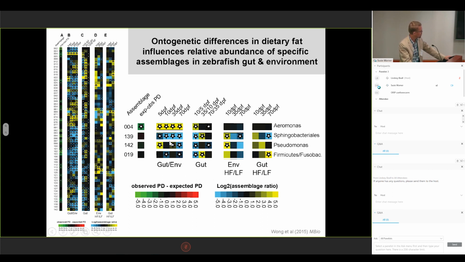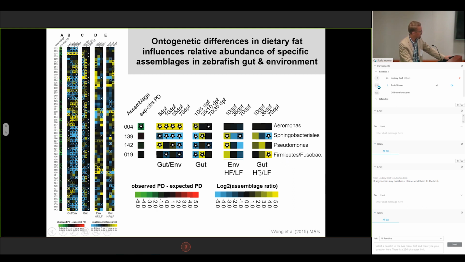In contrast, the one below it, which was dominated by members of the Cingobacteriales, was enriched in the water throughout all studies. Again, there are clearly distinct microbiome compositions in the gut and the water. This is something that I think has to be taken into account when we're considering fish and nutrient interactions as well. The second thing that I want to draw your attention to is the last set of columns here, and this is looking at the impact of high versus low fat diet on these assemblages within the gut.